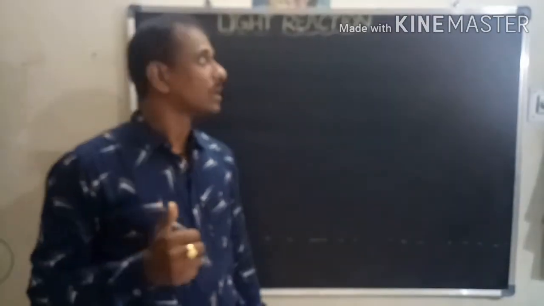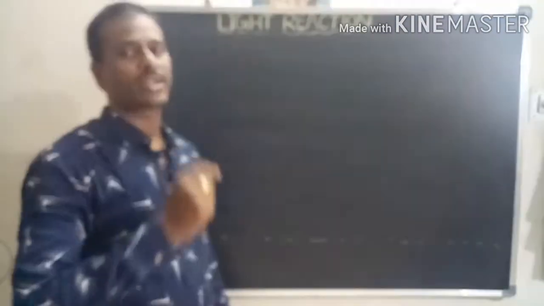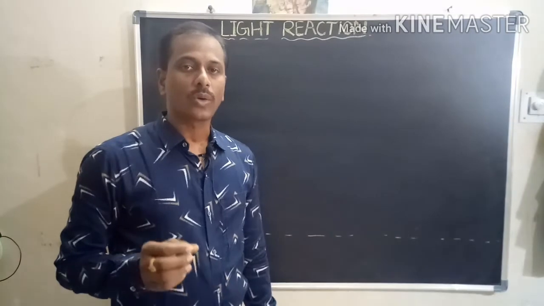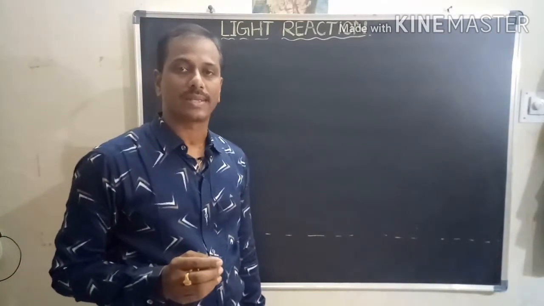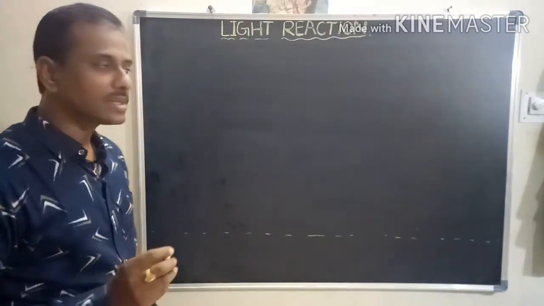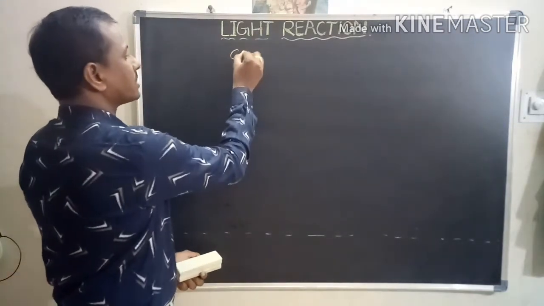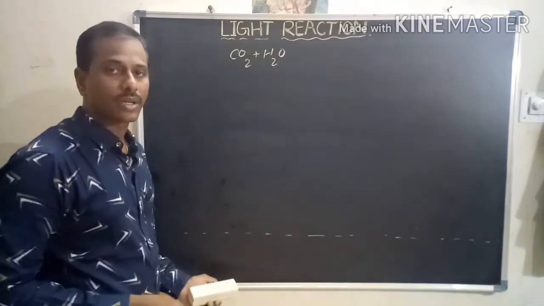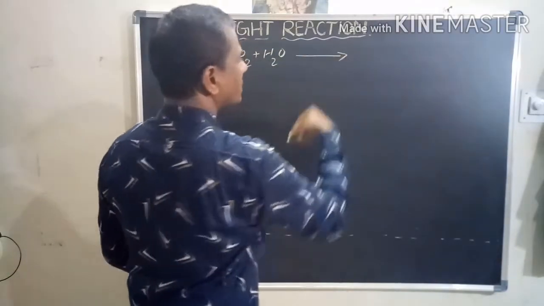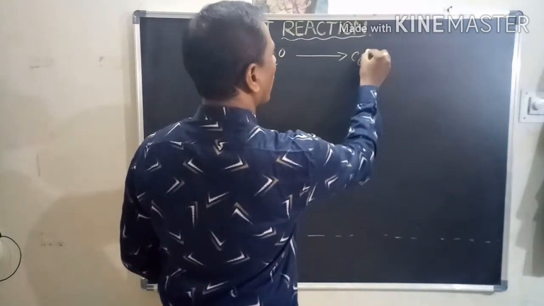Hi viewers, today our class is about light reaction. Before going to study light reaction, first we will learn about photosynthesis. So what is photosynthesis? Photosynthesis means the carbon dioxide and water, the inorganic molecules, are synthesized into carbohydrates,